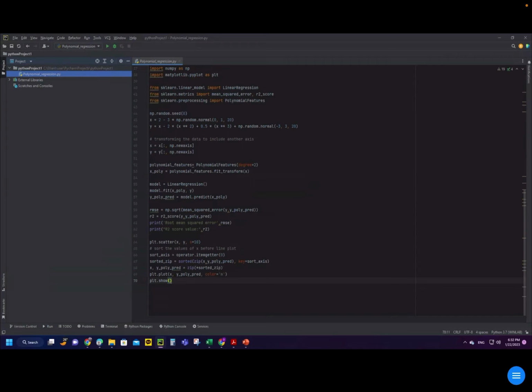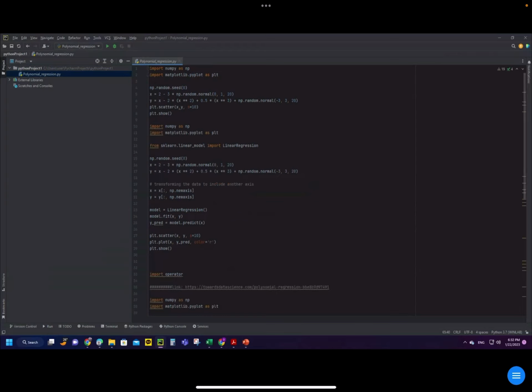We have this regression file, and I have written the code for linear regression and polynomial regression degree 2. Initially we have random data generated for x and y that is normally distributed.